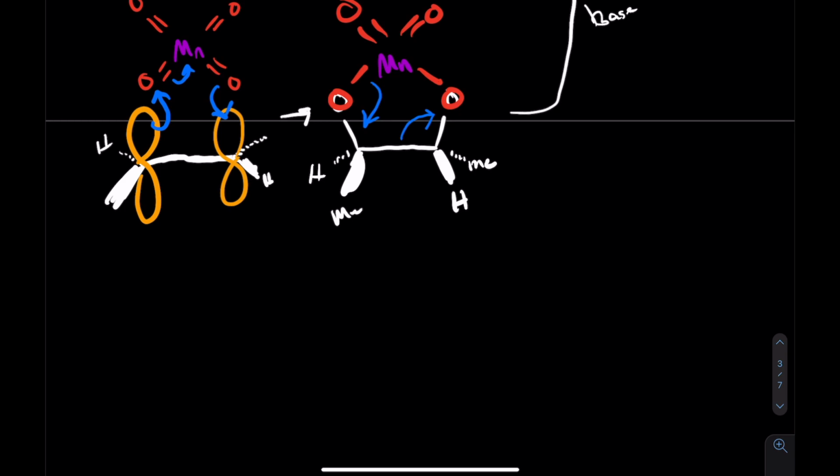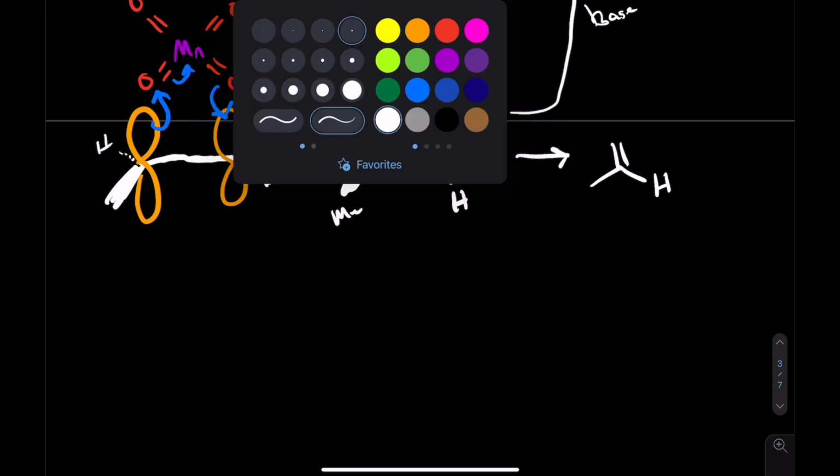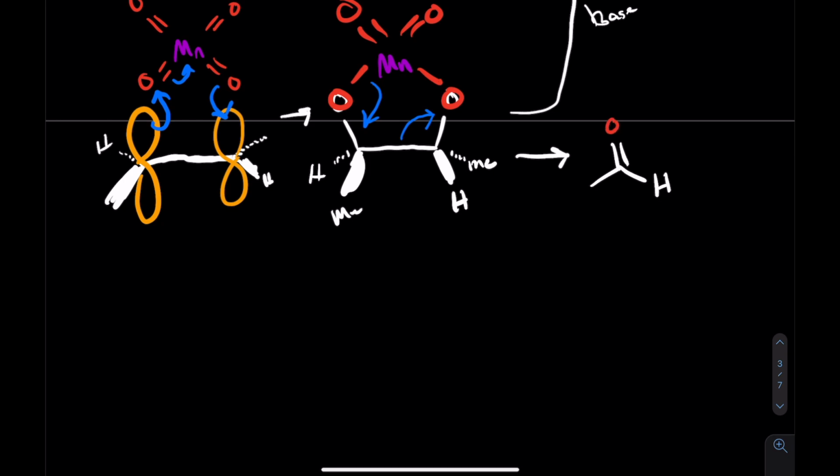And so instead of forming a vicinal diol, you'll end up with actually just the aldehyde. And you'll note that now this should have two bonds, so that's your double bond there. And actually you make the same thing on the other side, so you end up with two of them, because it's a symmetrical molecule, isn't it? So there you go, you end up with two aldehydes,